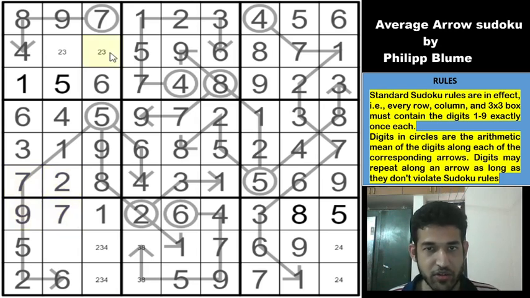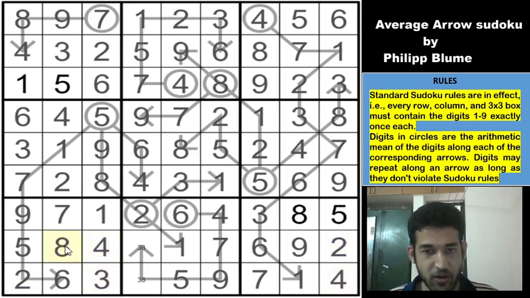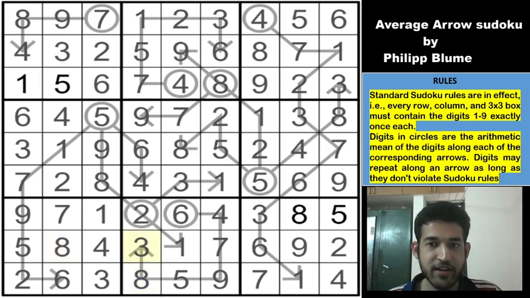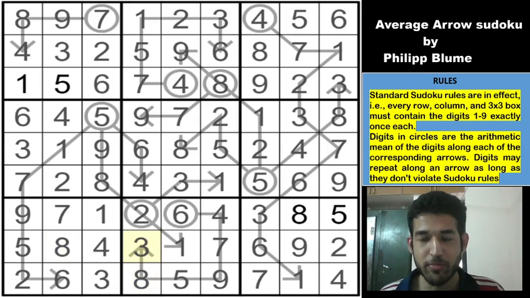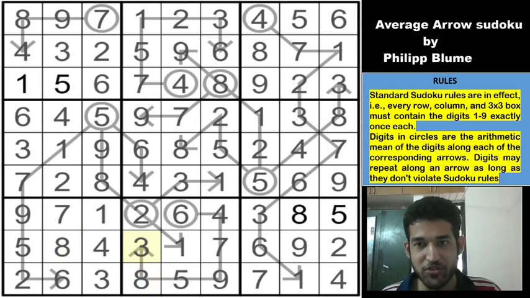And this 2 gives a 2 here and a 3 here. This must be a 3, 4 pair, and this 2 resolves this 2, 4 pair, 2 and 4, which in turn resolves this 3, 4 pair, and this would have to be 8 now, and this would have to be 8 and 3. And with that, we have completed this super fun to solve Average Arrow Sudoku by Philipp